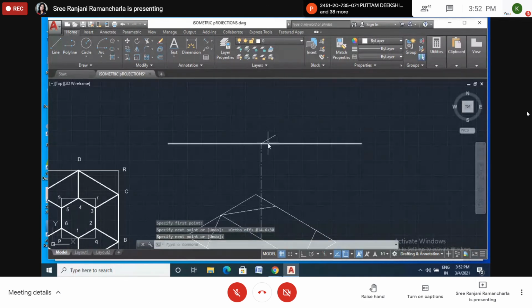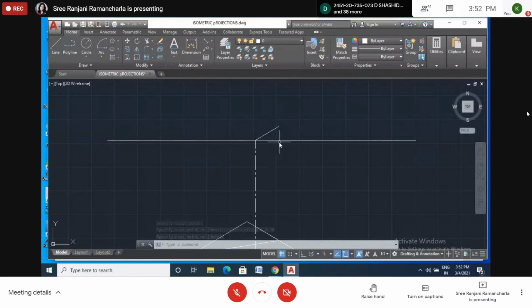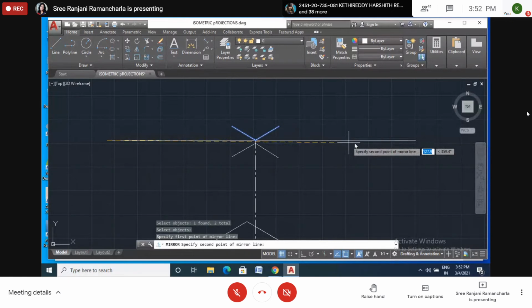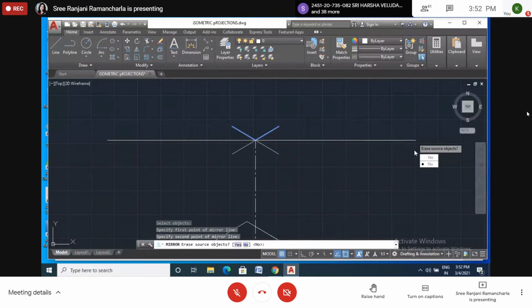Okay. Now from here to here also you can draw. Or else one thing we can do: instead of drawing, we can give a mirror command. It will be easy for me to give a mirror command. So mirror line from here to here. I got this one. And these two sides also we have to give. Then we can give the mirror command for both. Enter. This will be the mirror line. Like this, just take the mirror line, no drawing.